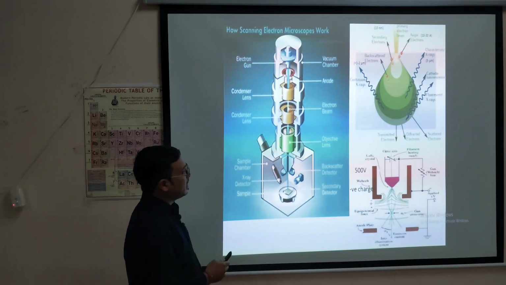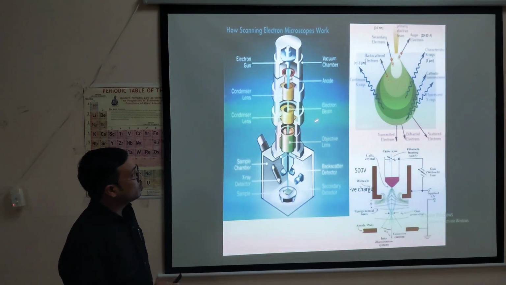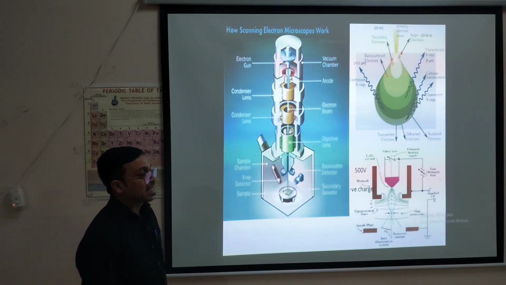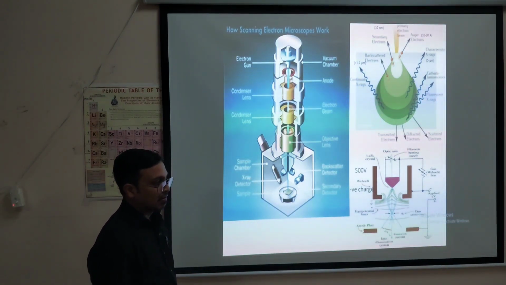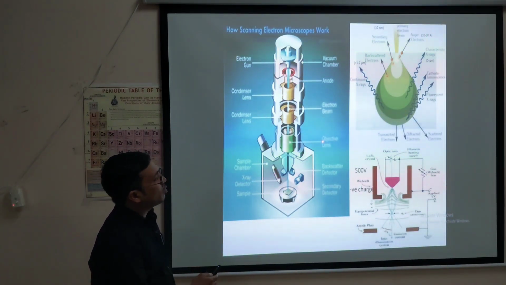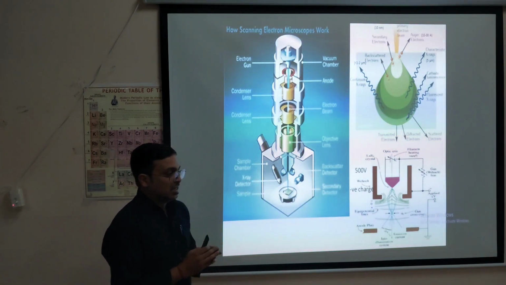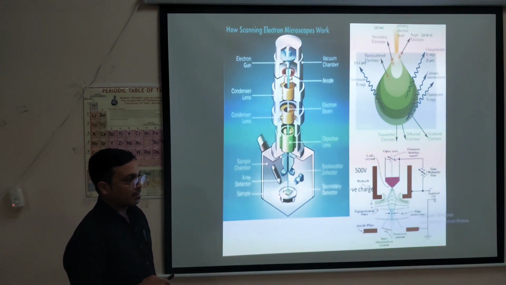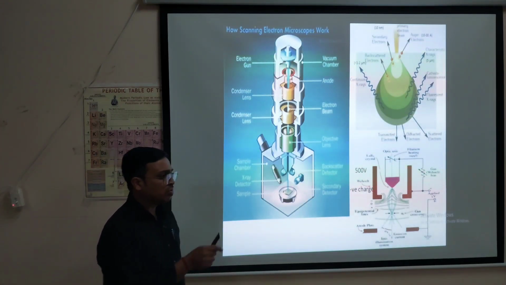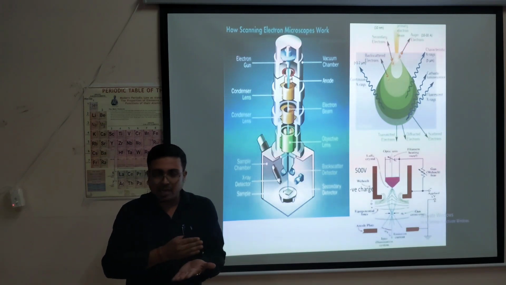But in between these two, there is another scanning coil. It is not mentioned here, but a scanning coil is there, above this objective lens. So what will it do? Look, the electron from the source comes down and hits the sample in a focused manner. But are you going to analyze only a particular point, a particular region? You are going to scan a region, then only you can have an idea.